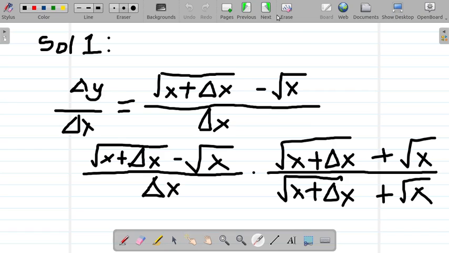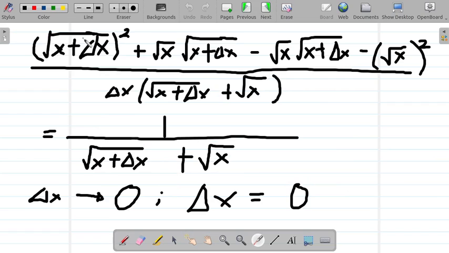So, makakuha ta og, using full method lang gyapon. Ana, like, x, square root of x plus change of x, multiplied nimo sa x, sa square root of x plus change of x, then, times plus dayon square root of x. So, mananing siyang solution. So, nakakuha kag square root of x plus change of x squared plus square root of x times square root of x plus square root plus change of x minus square root of x times square root of x plus change of x minus square root of x squared